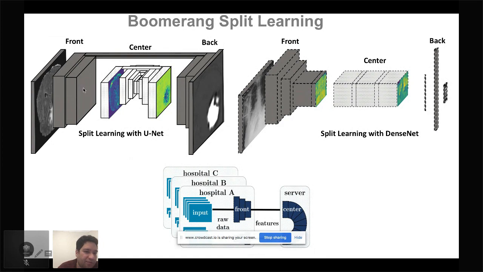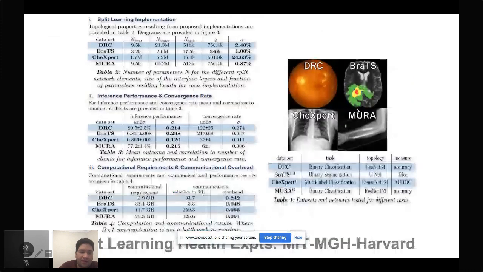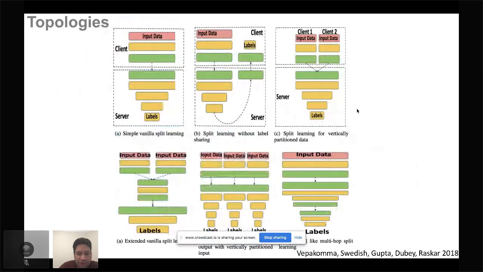So if you were splitting much earlier and much later, then it would still fit in. The intermediate layers are with the server, the front and back layers are still with the client. So the data goes in, the label comes out, both at the client, but the middle layers of the processing happen at the server. And yes, this is more deeper detail. There are other possibilities in terms of topologies, as we were talking about. You can have the vanilla setup like you saw here. Of course, everything in here can be done with multiple clients, and that's what we do. You can have the Boomerang setup. You can have some sort of a vertically partitioned setup where client 1 has some features, client 2 has some features, and you're merging them going around. And most of the tricks that you would typically require are possible.